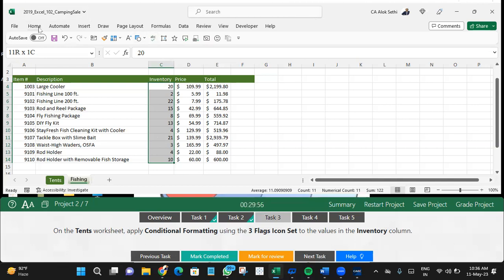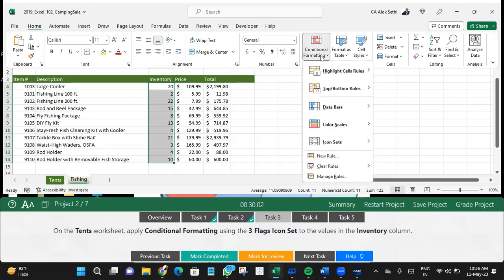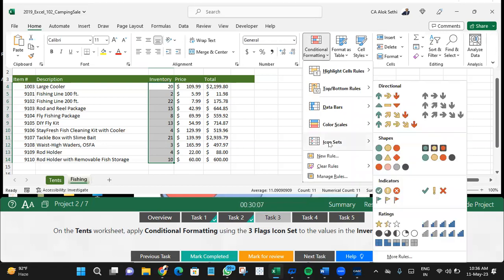Then how to go to conditional formatting? In the Home tab, you will see the Conditional Formatting button. Click on this. Now where do I see the icon set? Here is the icon set. From the icon set, I want the 3 flag icon set. I can see these are the 3 flags: green, yellow, and red. So we have got the 3 flags. Okay. So mark as complete. Conditional formatting is one of the most important